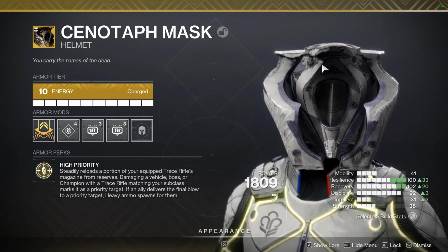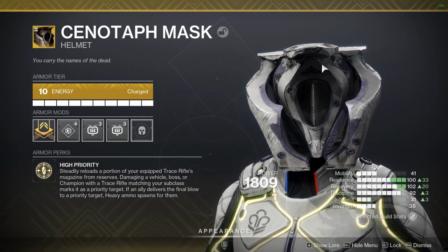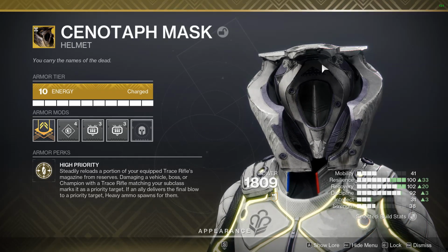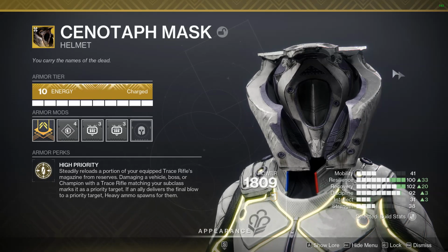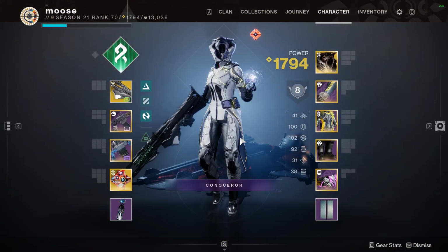So what this does is steadily reloads a portion of your equipped trace rifle's magazine from reserves, and damaging a vehicle, boss, or champion with a trace rifle matching your subclass. This is why we're only using this if we are using the Navigator. We're going to be using Strand. It marks it as a priority target. If an ally delivers the final blow, it drops heavy ammo. So this is just a super good support and to make GMs go by faster because your teammates will always